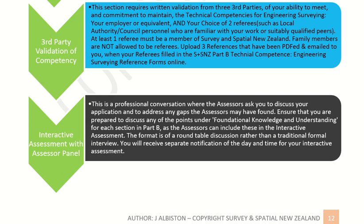We conduct one interactive assessment with the assessment panel. So the interactive assessment with the assessment panel covers both Part A and Part B. So for the Part B part of the interactive assessment, again, it's a professional conversation where the assessors ask you to discuss your application and to address any gaps that they may have found in your Part B technical competence engineering surveying. Ensure that you are prepared to discuss any of the points under foundational knowledge and understanding for each section in Part B. That's reality capture, set out, survey data management, geodetic,